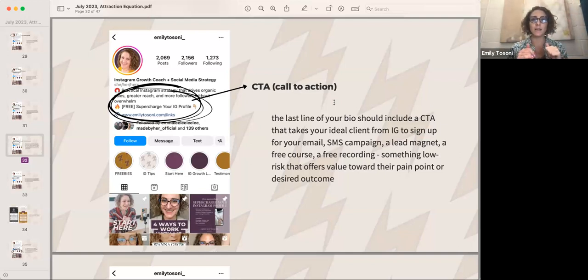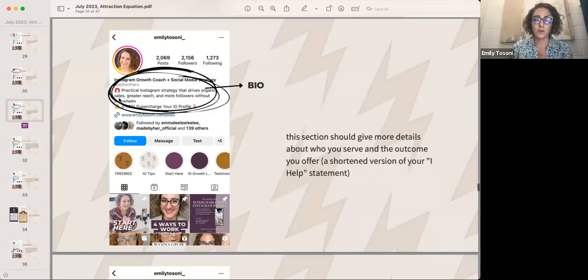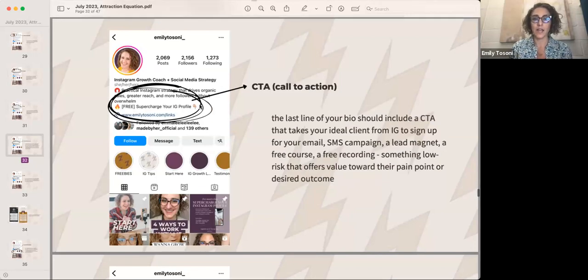You can say, and use this code. So maybe in the free download with the 5 tips, there's a code for a 10% discount when you place your order because you have this freebie, right? Something like that. So again, your bio, when you're editing your profile, needs to include this part: who are you, what do you do, tell me more, and your call to action.